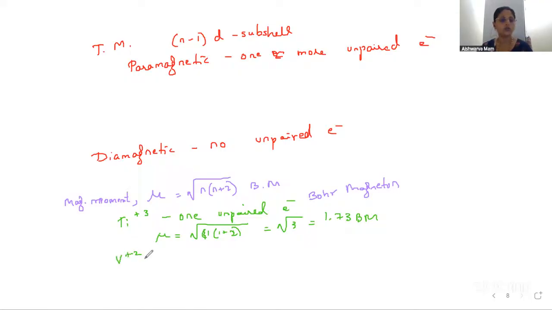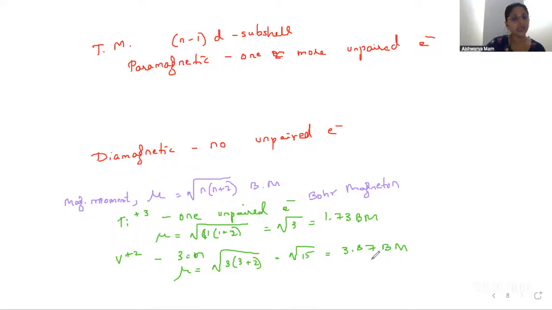Vanadium plus 2 has 3 unpaired electrons. So n is equal to 3. Therefore, you can calculate mu: root of 3 into 3 plus 2. 3 plus 2 is 5, 5 threes are 15. So root of 15 is nothing but 3.87 Bohr magneton. That is also paramagnetic with a magnetic moment of 3.87. So paramagnetism in any